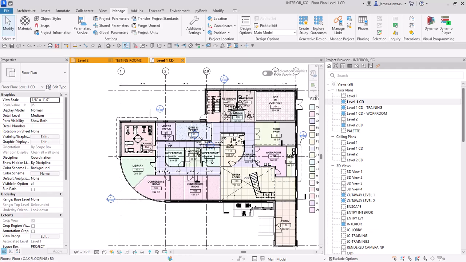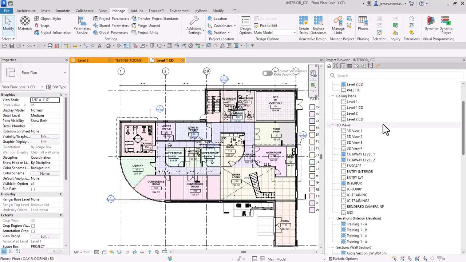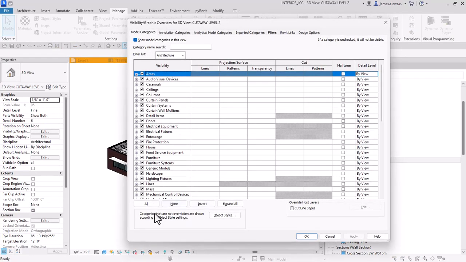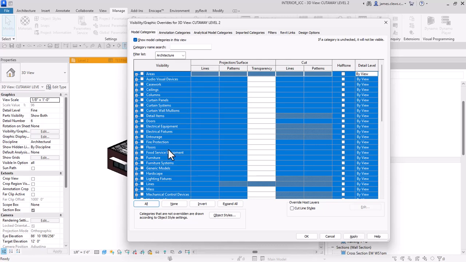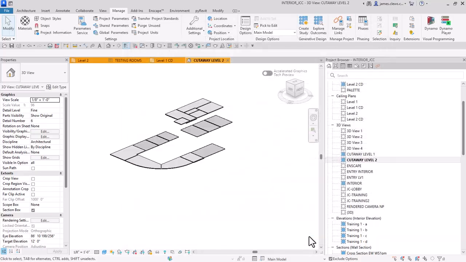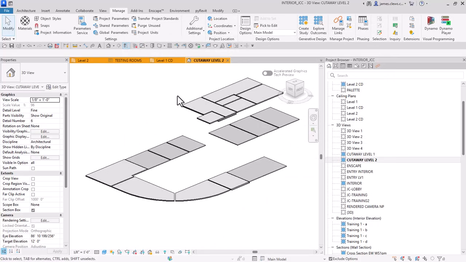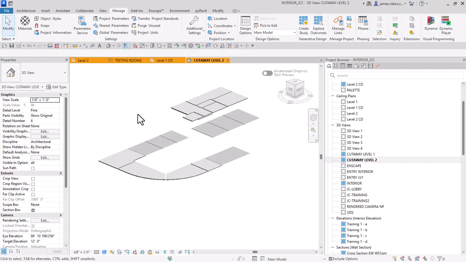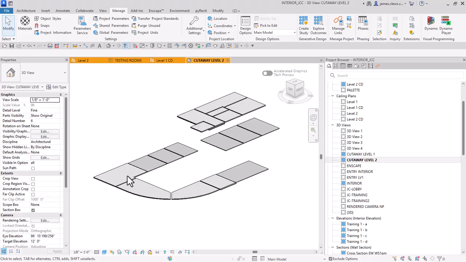What's left? Ceilings at the same height. So again, the benefit of having these cutaway views would be, let's say I go to this level 2 and I go view graphics, turn everything off, and then turn on ceilings. So I can see just the ceilings, and I can either pick them and see that I've got them all at the same height, right? Or if I want to be a little cute about it, I can